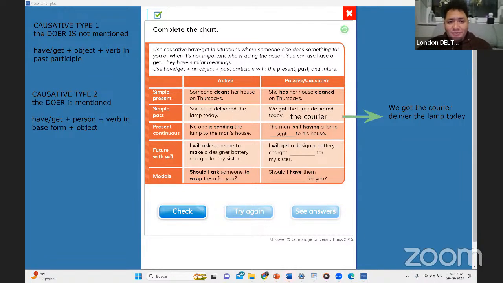Okay, we're going to write the same, but now with the causative type 2. Ok, la misma oración, pero con causativo tipo 2. Vamos a mencionar de nuevo. Bueno, podría ser el repartidor, ¿no? Pero vamos a mencionar, por ejemplo, his friend. Ok, un amigo hace el favor. Ok, entonces vamos a escribir la oración, pero ahora con causativo tipo 2, imaginándonos que lo hace un amigo. Okay, maybe you can write here on the chat.